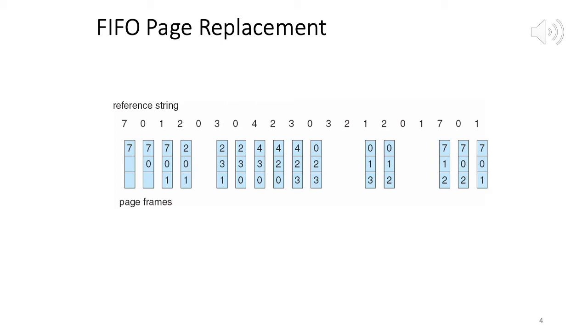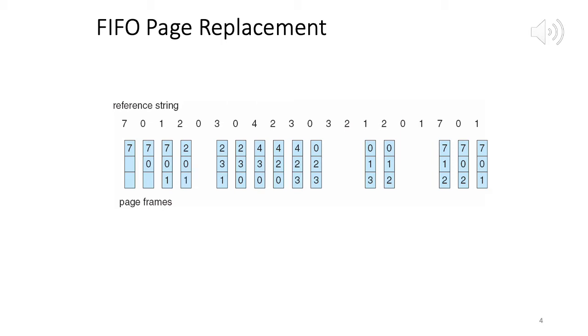Then we have access to page 0. Again not in memory, from 4, 2, 3 we have to pick 4. Next 2 accesses, 3 and 2, both are in memory, no page faults. Next access for 1 is not in memory, 0, 2, 3 are in memory, the oldest one has to be evicted, which would be 2, right? And then we put 1 in its place.